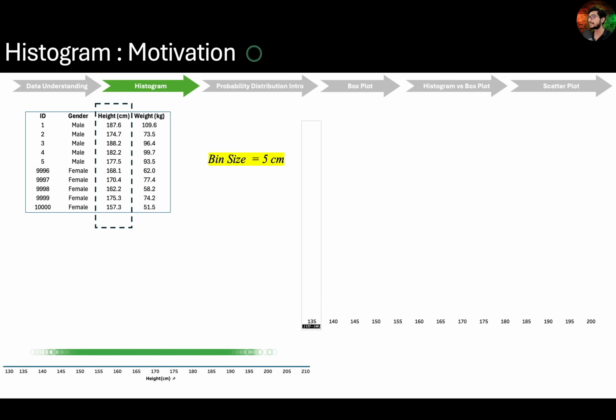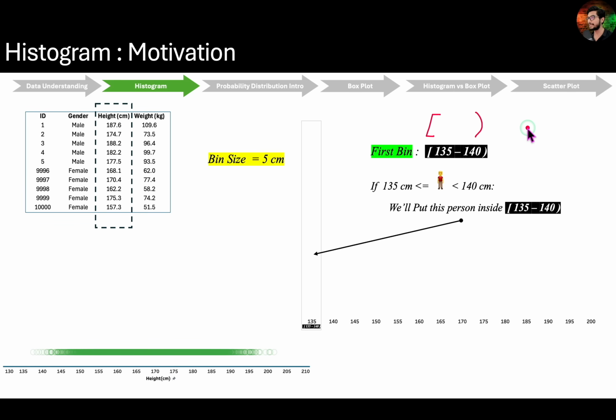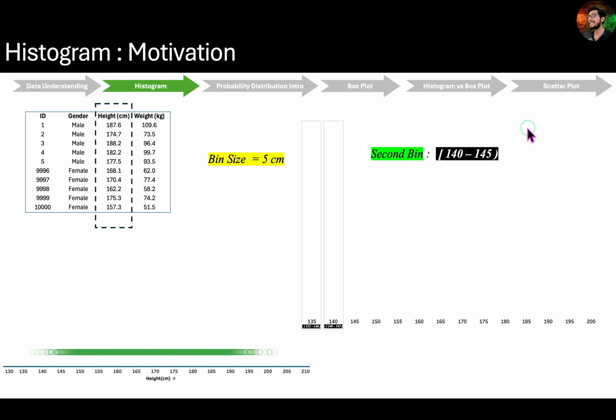For instance, if we choose a bin size of 5 centimeters, our first bin may cover the range from 135 centimeters to 140 centimeters. And according to the convention of closed and open intervals, a person whose height is greater than or equal to 135 centimeters but less than 140 centimeters would fall into this bin. Similarly, the second bin would span from 140 centimeters to 145 centimeters. Following the same inclusion rule,